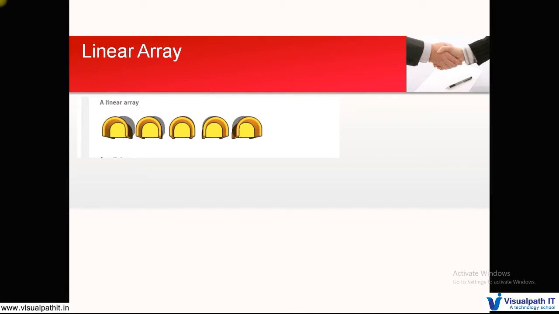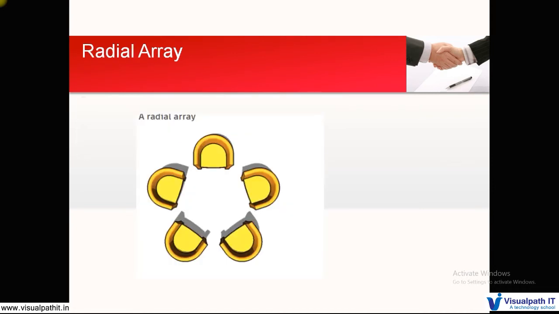Okay. So radial array is arranging the objects, elements, in a radial fashion, circular manner. Suppose a dining table is there and you want to place chairs around the dining table. So 5 chairs around the dining table. You need not pick and then rotate. Instead of that, if you pick the center point of the table, automatically the chairs will be arranged. So this is what we are going to see now in the tool.